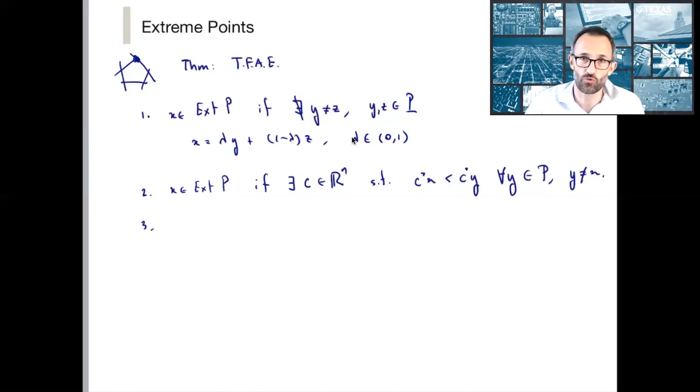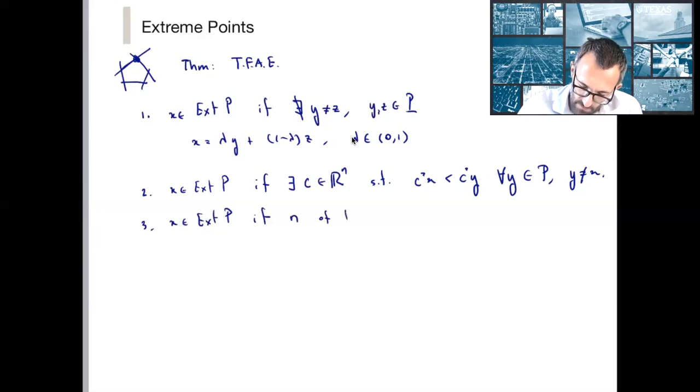And finally, something that's going to be extremely useful for us is a linear algebraic characterization. Again in pictures, you have a shape in two dimensions like the one I've drawn on the upper left. What is a corner? It's something that is the intersection of two of the lines. Two lines in two dimensions. In n dimensions, we're going to need n lines. So the third definition is X is an extreme point of a polytope P if at least n of the constraints are independent